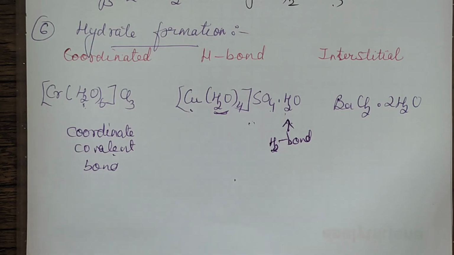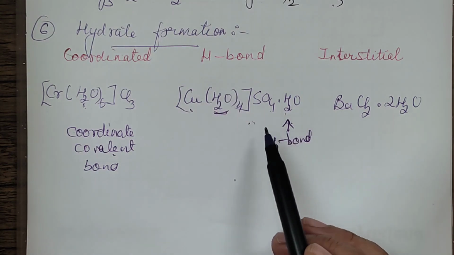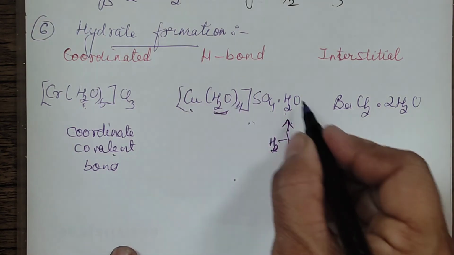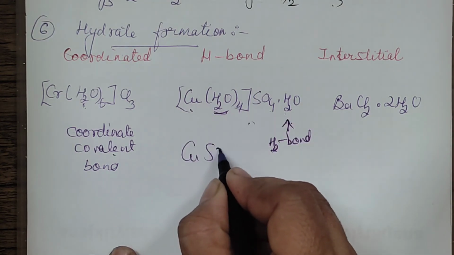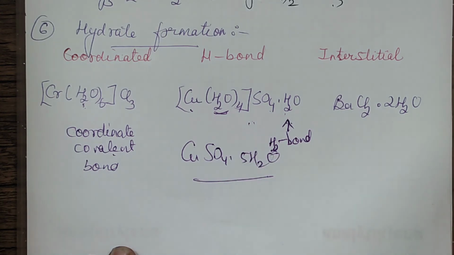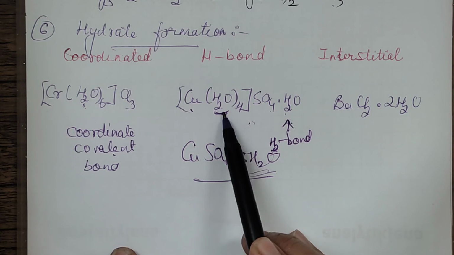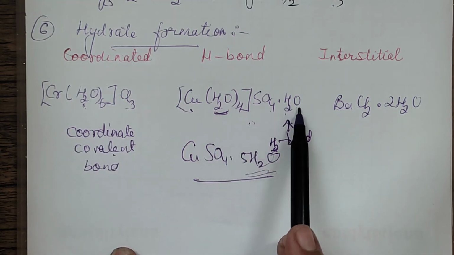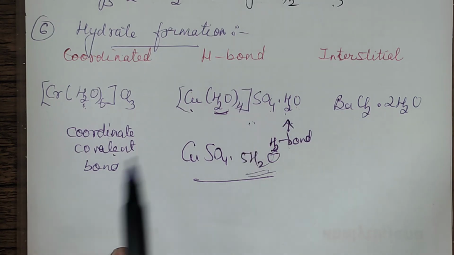Okay, so in copper sulfate, this is one in-text question in NCERT given, that in copper sulfate, this formula actually is this, CuSO4.5H2O. So it is asked how many of the water molecules are coordinated or H bonded. So you will write down, out of 5, 4 water molecules are coordinated water molecules and 1 water molecule is hydrogen bonded. The one that is present outside is hydrogen bonded.